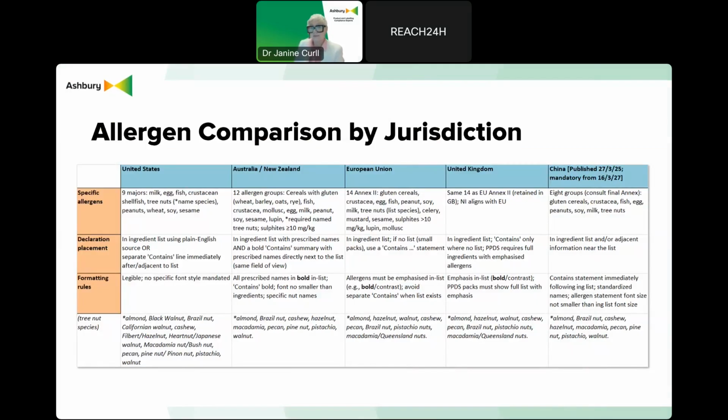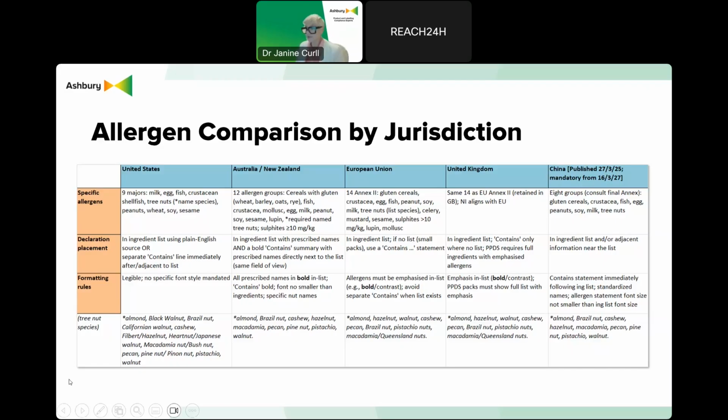Here is a comparison slide that provides an overview of the specific allergens for mandatory declaration, but as well as taking it a step further, it doesn't actually show which allergens are mandatory in each jurisdiction. It includes the rules for where and how those declarations are to appear on the label.